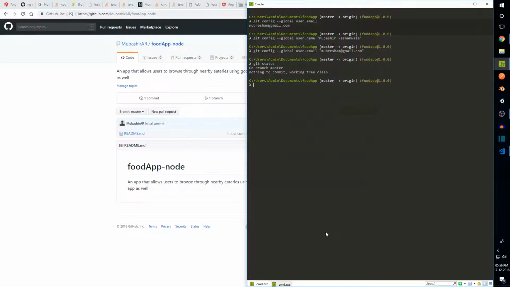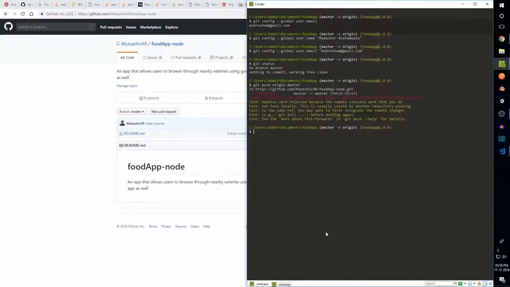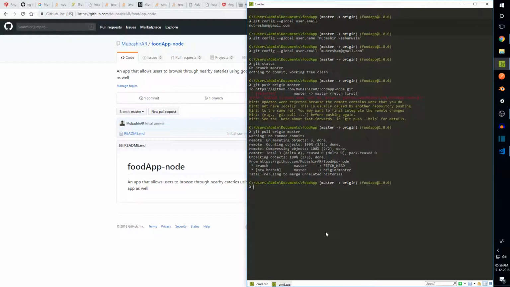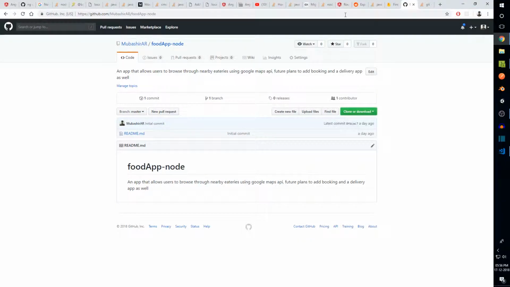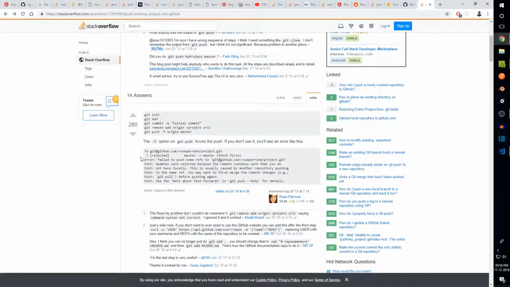Okay, now if you say git status, you can see that it says nothing to commit, working tree clean. And now you can push to master, which basically means that you grab all of your local files and you push them to the remote repository. Now the reason I got this error was because I had a commit on the remote repository that I didn't have on my local. I tried git pull origin master, which will get all of the files from the remote repository to the local, but the problem was that I had a commit that was not there in my local, and I had a commit in my local that was not there in the remote,